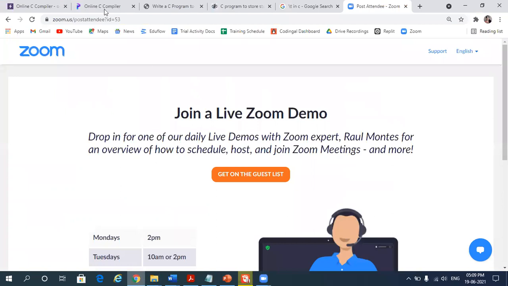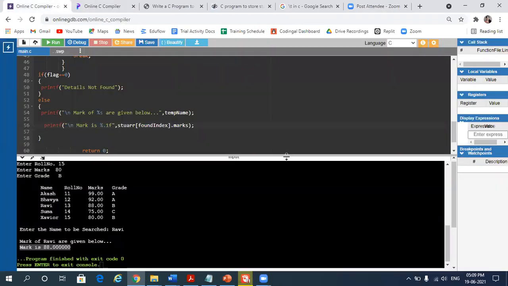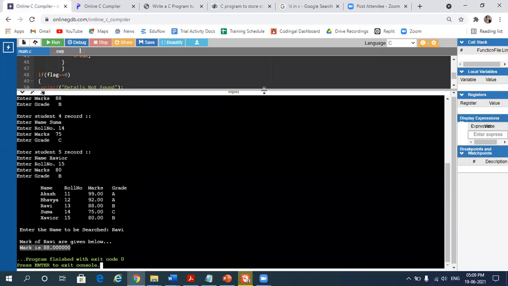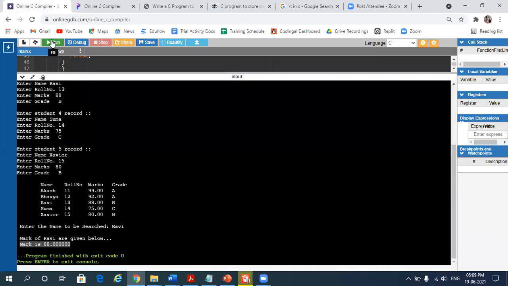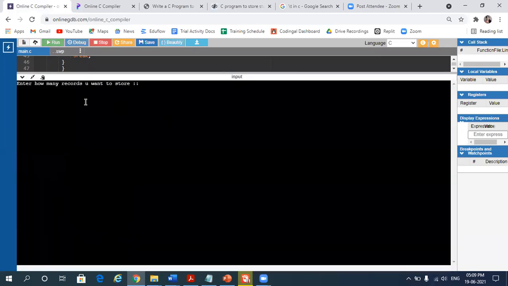Since this is the program you have. First we'll look at the output, and then we'll go to our program. See, it is asking me how many student records you want to store. I'll give 5 and then enter the student 1 record. So the name will be something like Ravi, then student roll number 11, and then marks will be something like